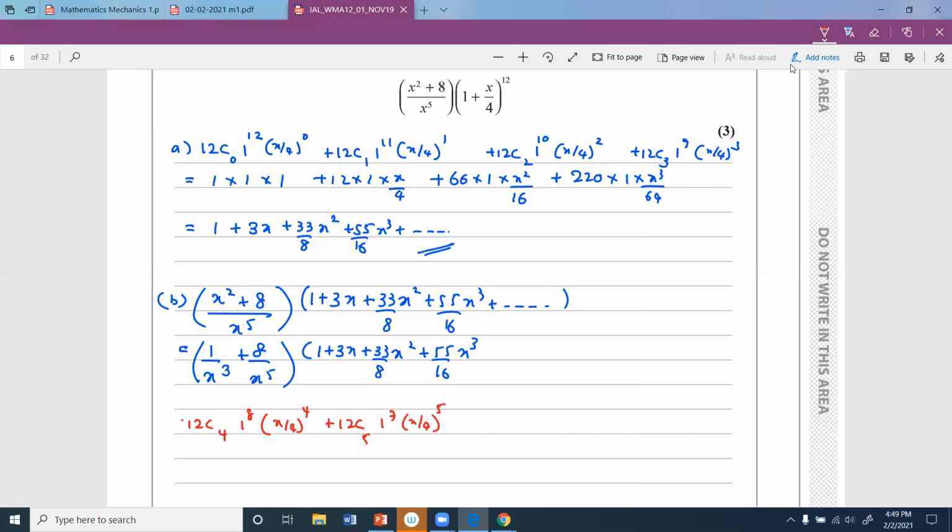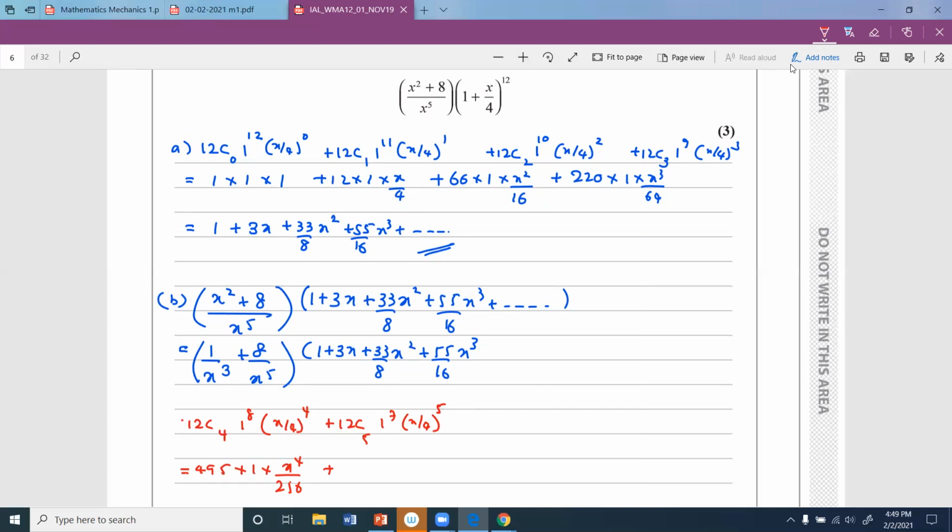Like that, you can write another couple of terms over here. Then 12c4 is 495, so 495 into 1 times x to the power 4 over 4 to the power 4, which is 256. And this is 12c5,